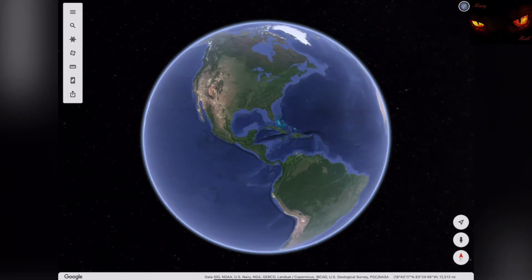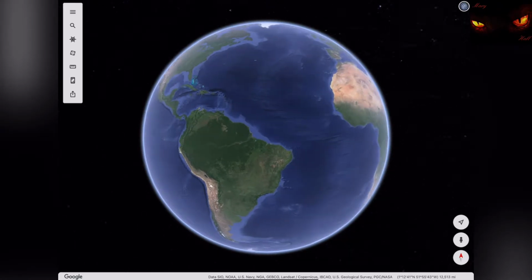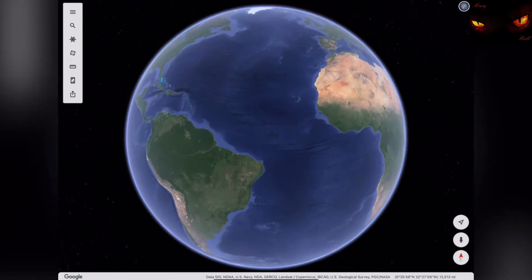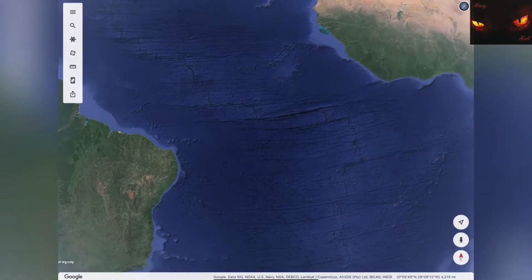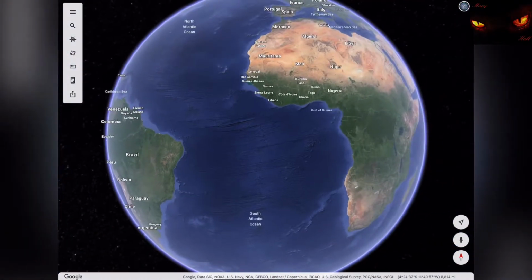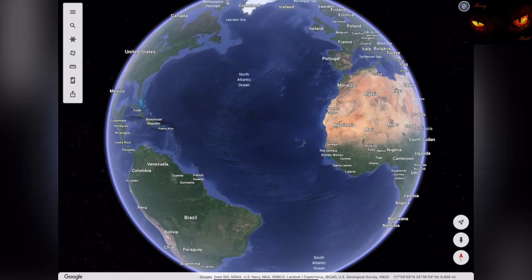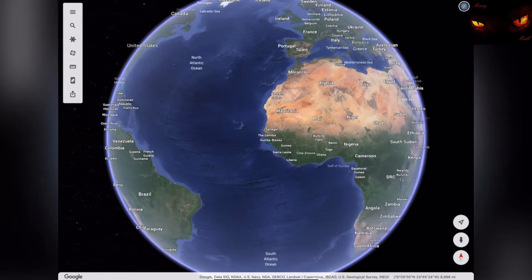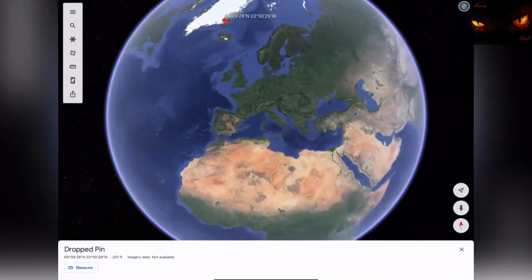And we're on Google Earth here. This is an excellent tool. It shows so many details everywhere. Like the Mid-Atlantic Ridge here. And we know that this separates 1 inch a year. It's really interesting. So this ridge has expanded over 5 feet in my lifetime. There's proof of it in Iceland. But anyway,